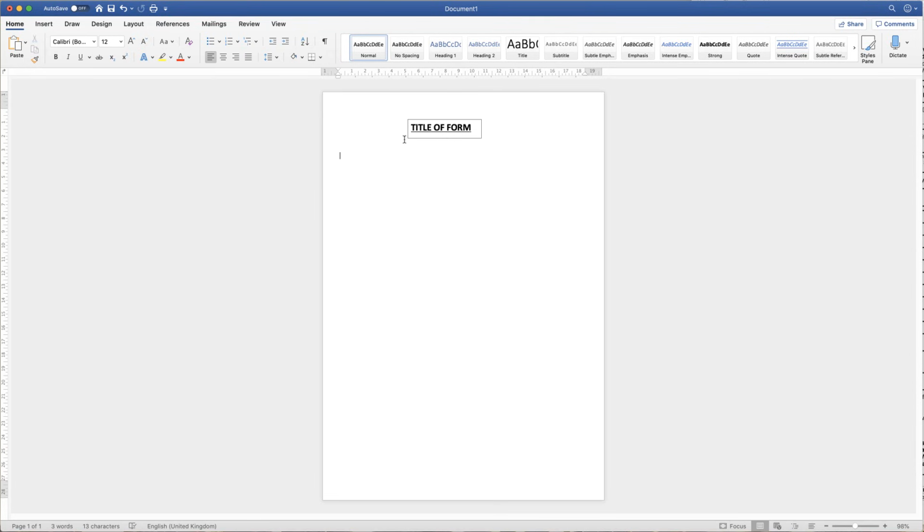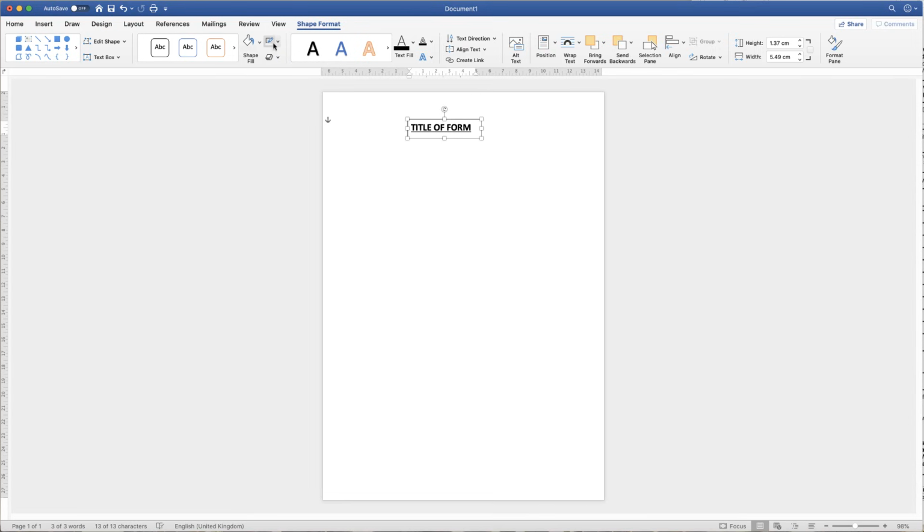If I click off, you can see I've got a border around my text box which I don't want. So if I select my text box, click on Shape Format, go to this icon here which is the Outline tab, click on the drop down and click No Outline. Now I can move my text box anywhere around my document. So I'm just going to pop my title up here,